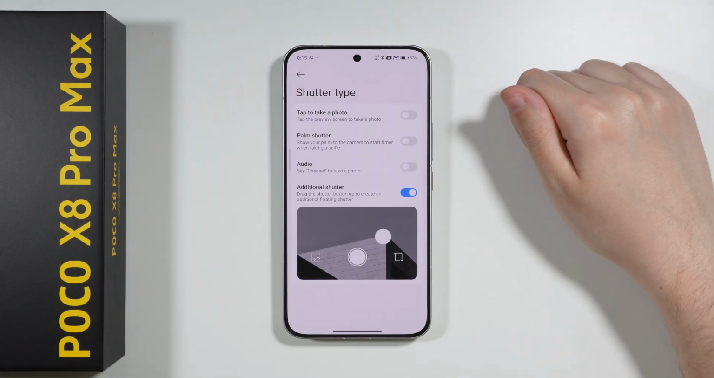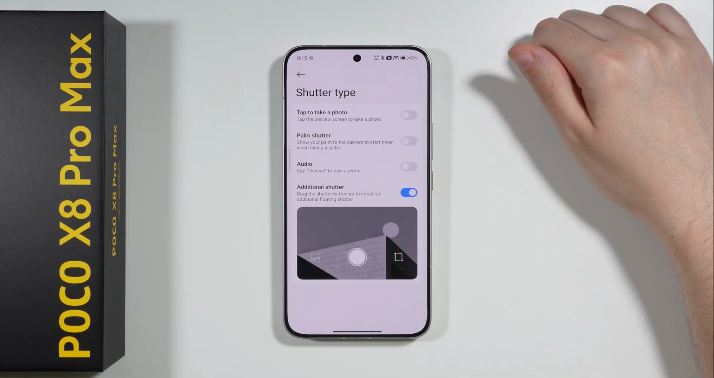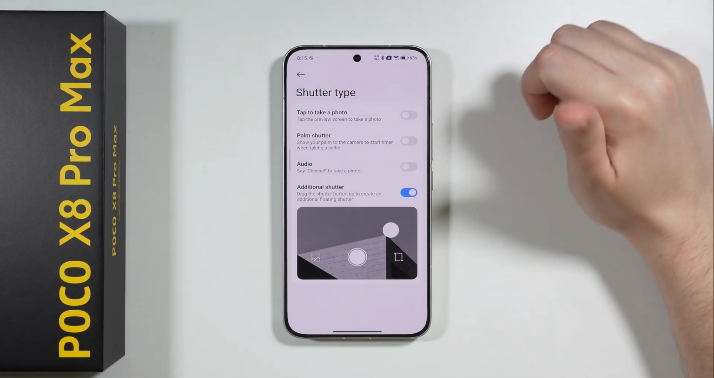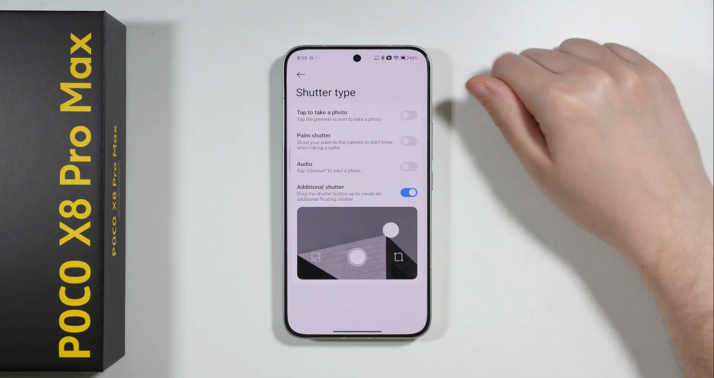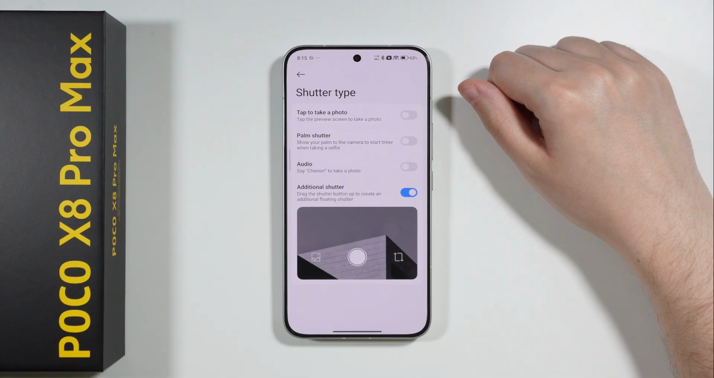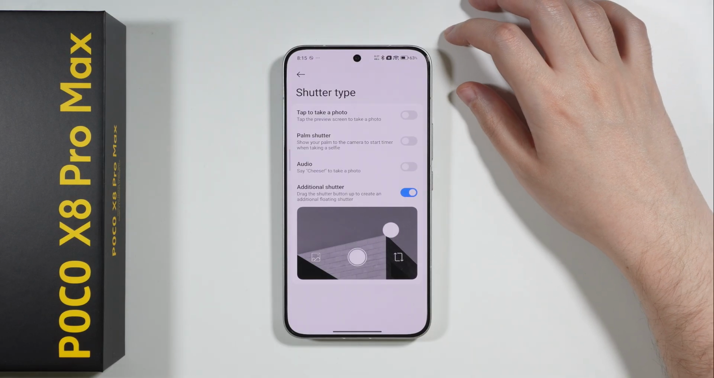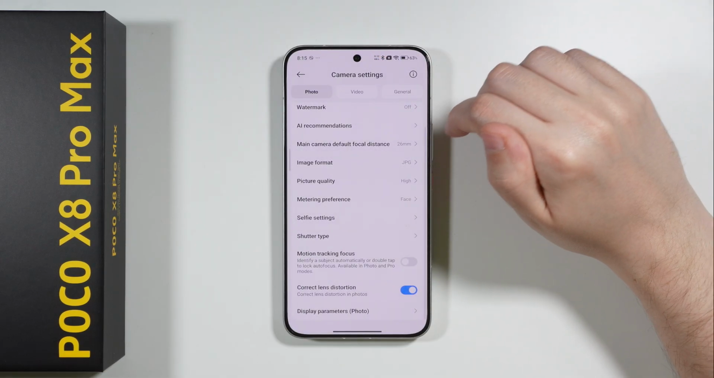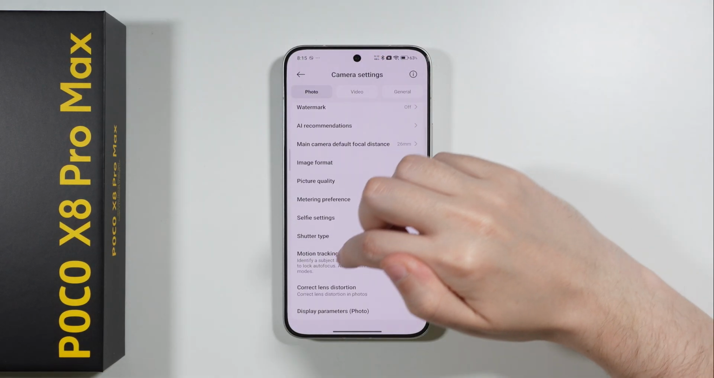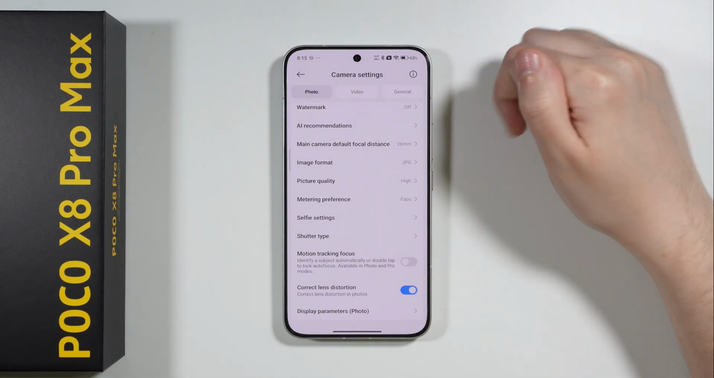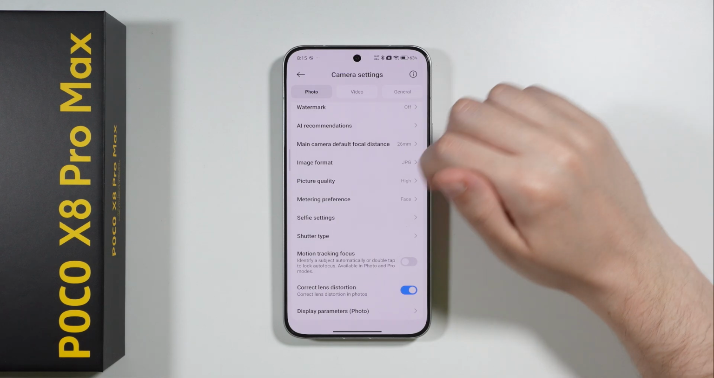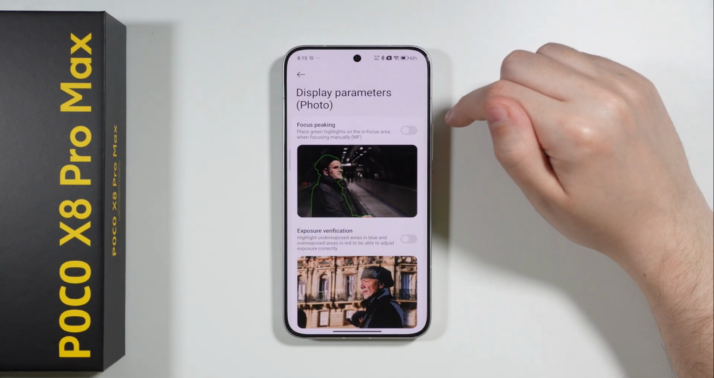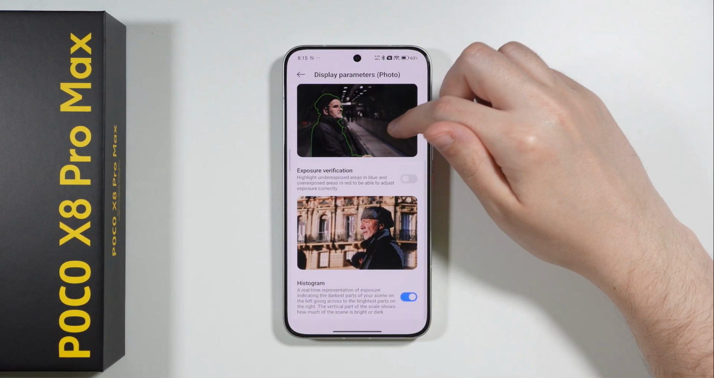So we can just take out the shutter button and place additional one anywhere we want to. So it is pretty similar to the first option, tap to take a photo, but here we just have a dedicated shutter button, an additional dedicated shutter button that we can use to place anywhere we want to and use to take a photo. Now, besides that, we can also find the motion tracking focus option, which is available in photo and pro mode. We have correct lens distortion, and in display parameters we can find the option to enable focus picking, exposure verification,